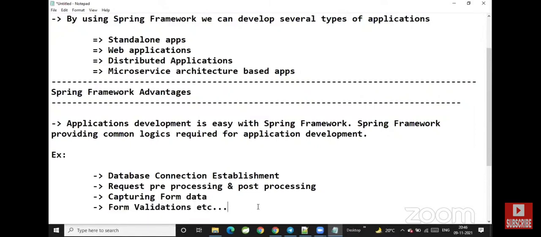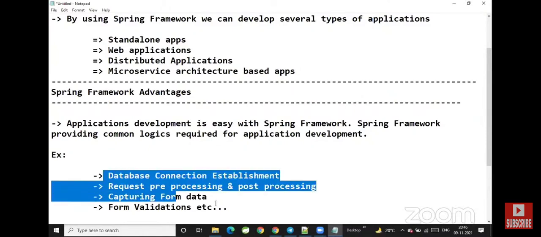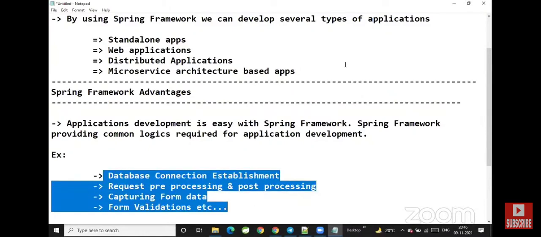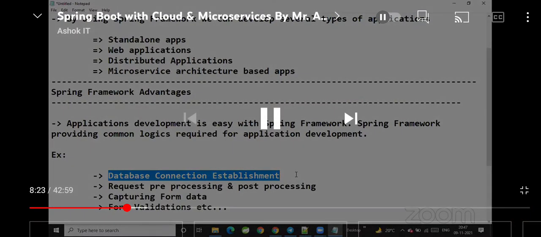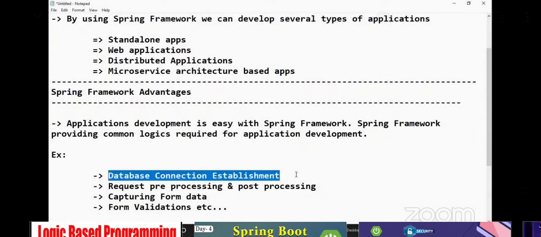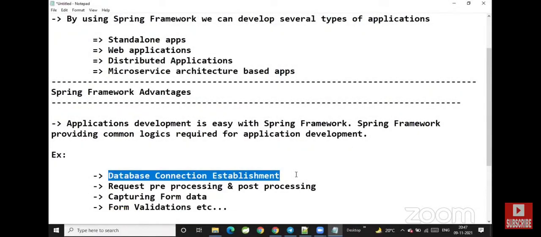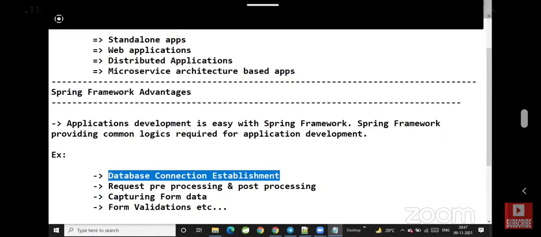If you go for JDBC and servlets, you need to do all these things manually. If you are developing a JDBC application, you need to load the driver, get the connection, execute the query, and close the connection. So many things the programmer has to do manually, right? Database connection creation, is it only your project requirement, or is it a universal requirement? Guys, come on, respond.